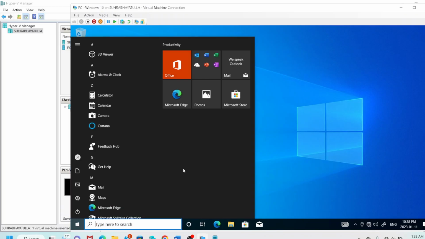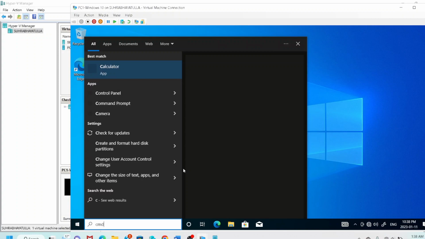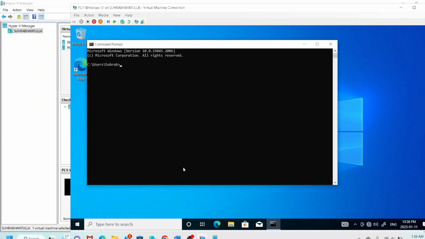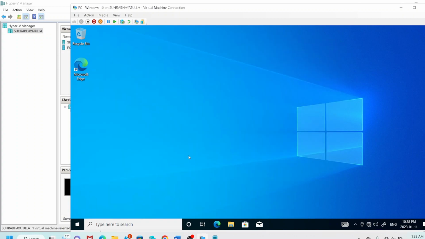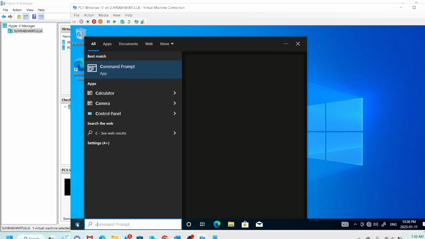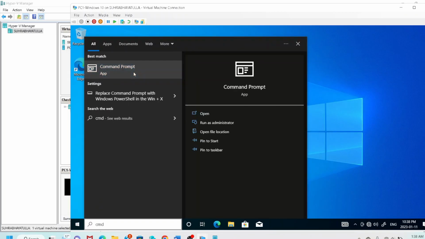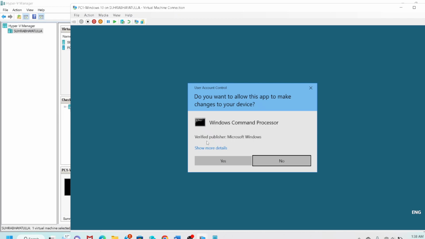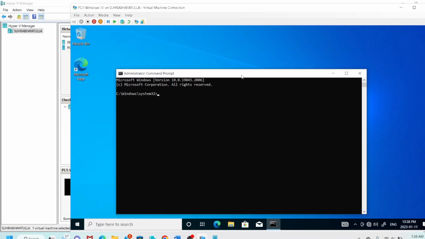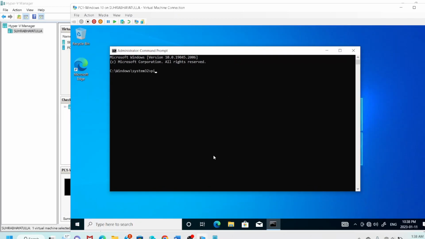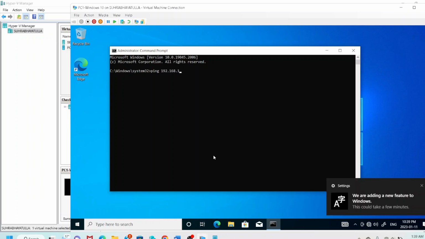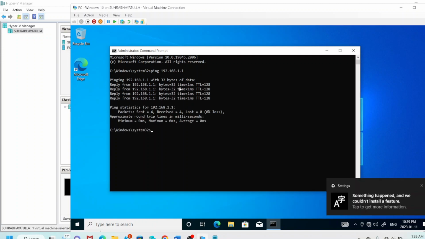We go to CMD. Sorry, we have to open CMD as administrator. Right click, run as administrator. Yes. We're going to ping between the computers. Ping 192.168.1.1. If you guys see, there is communication between